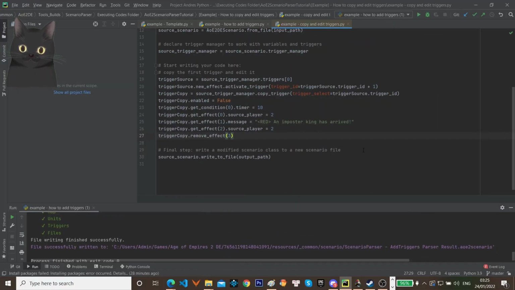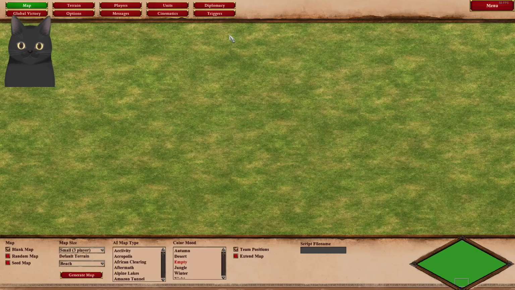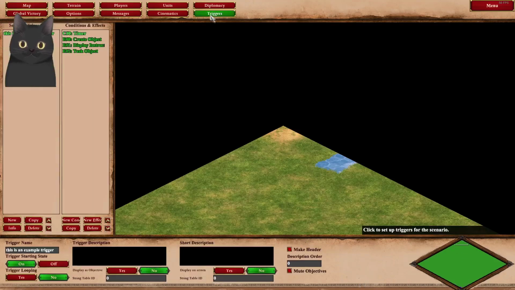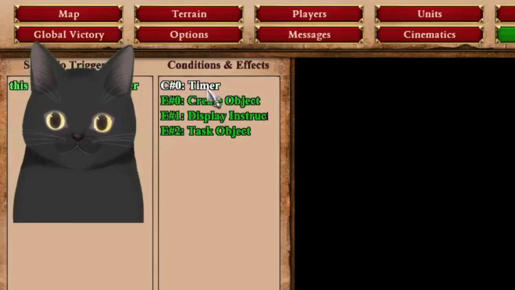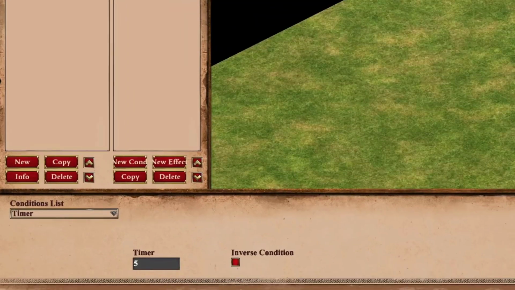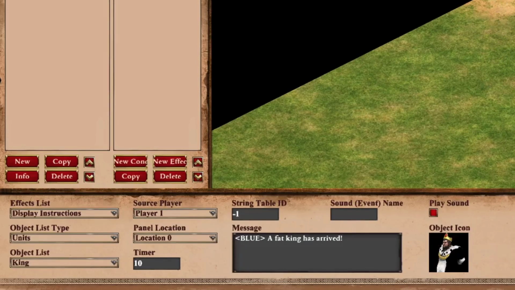It is how to copy an existing trigger in a scenario and modify it to your need. So similar to last time, you need to create a base scenario first. For this example, I have created a basic trigger like this. So after a couple of times, for 5 seconds in this condition, we'll create a simple king unit in this corner, and we're just going to announce his presence like this. A fat king has arrived, this message, and task him